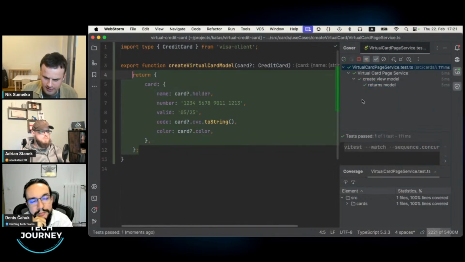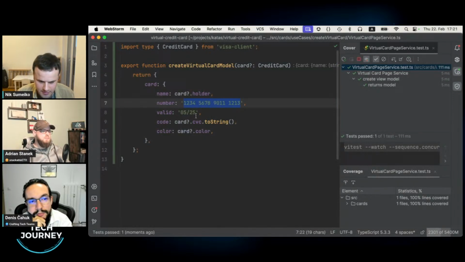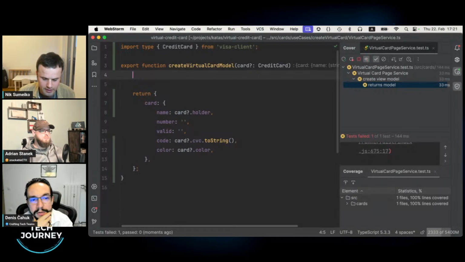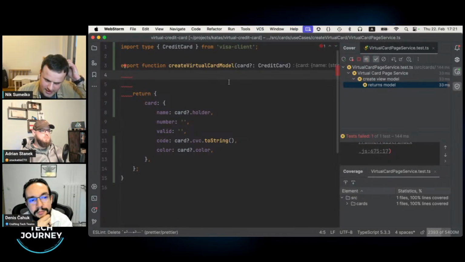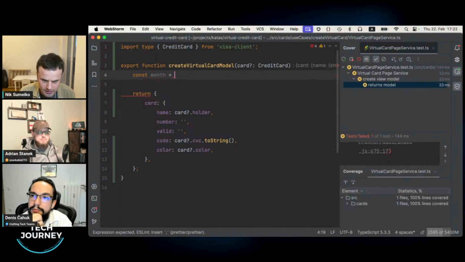We already ran a test. The tests pass well because I just hard-coded stuff inside. Okay, but let's remap it correctly. So let's make it fail. Because it's formatted. The data is there, but you're formatting it. But it's not formatted by Visa, so that's our task actually, to format. So first I will format the date in a specific format. So I will extract the month from the date.